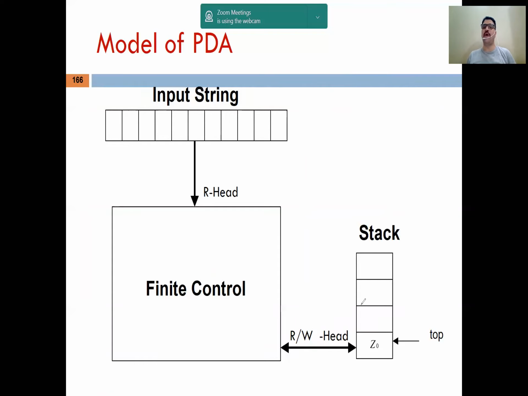So the basic read and write operations of the stack are called push and pop. When we read any symbol from the stack, it is called pop. If we insert any symbol into the stack, then this process is called push. So these are the two basic operations of the stack. So now the point of communication is next. The stack is the part that is added in the case of PDA.